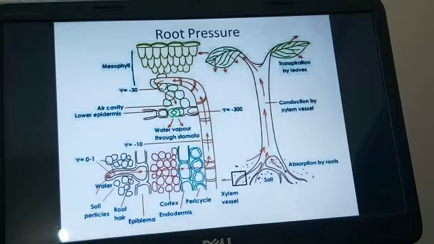we're going to start with root pressure. In the previous class itself, we have seen what is root pressure. Root pressure is a pressure developed in the roots due to continued inward movement of water through cell to cell osmosis, which helps in the ascent of sap upward through the stem. So now in this picture, we're going to see how the root pressure is helping the transport of water from the root to the leaf.